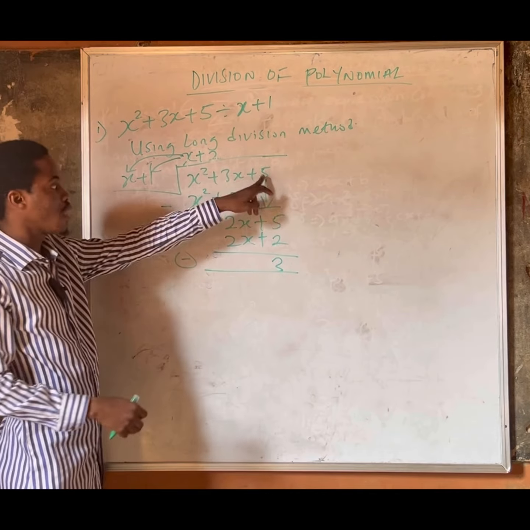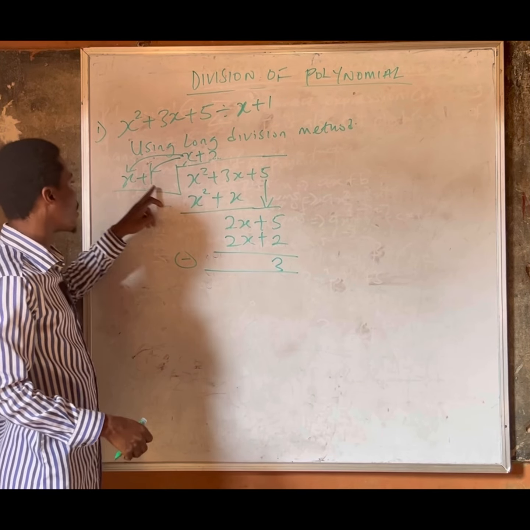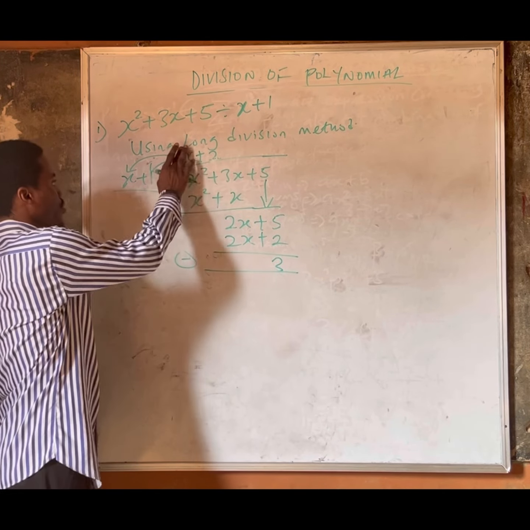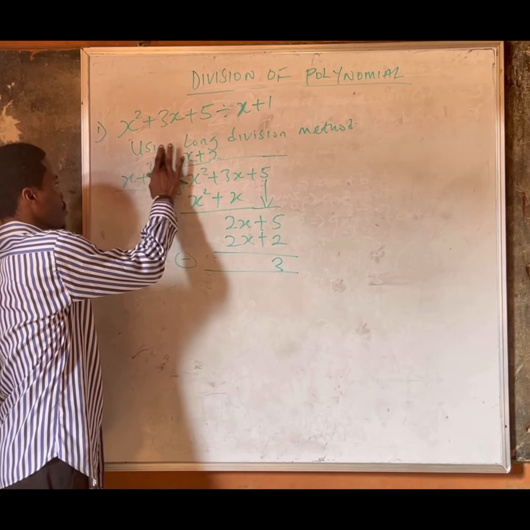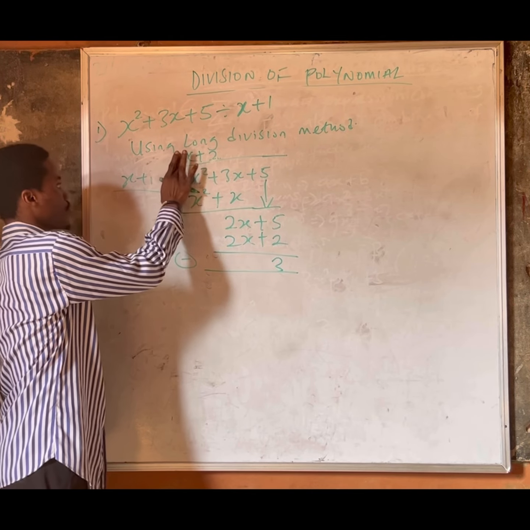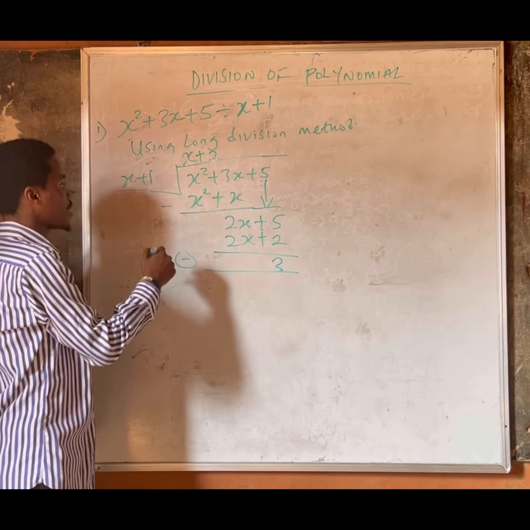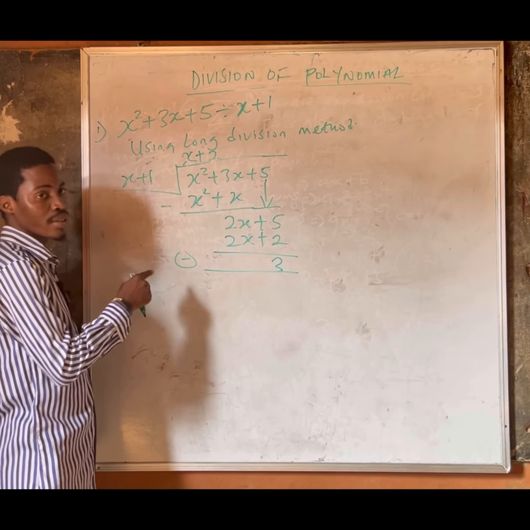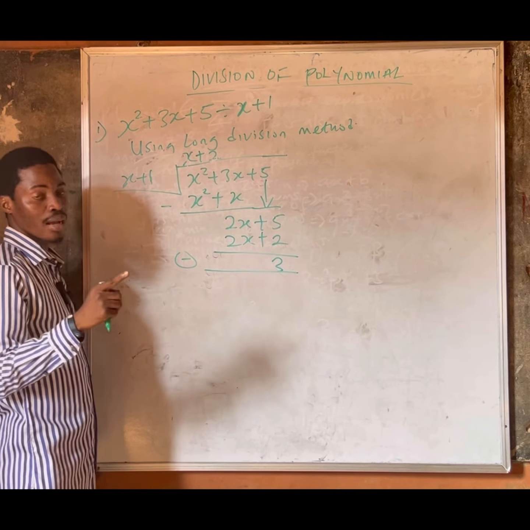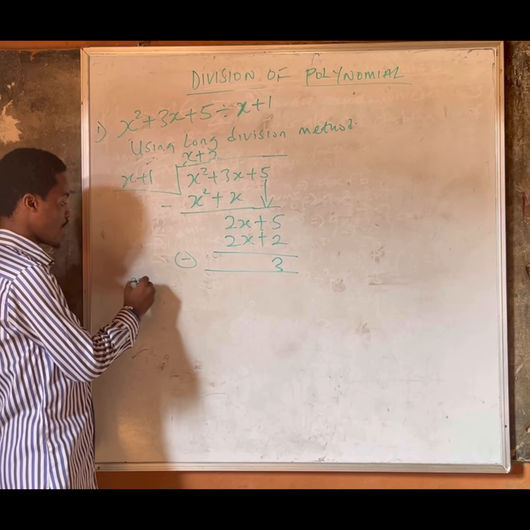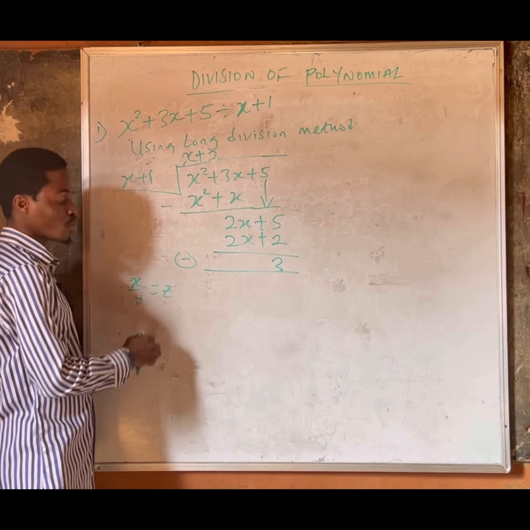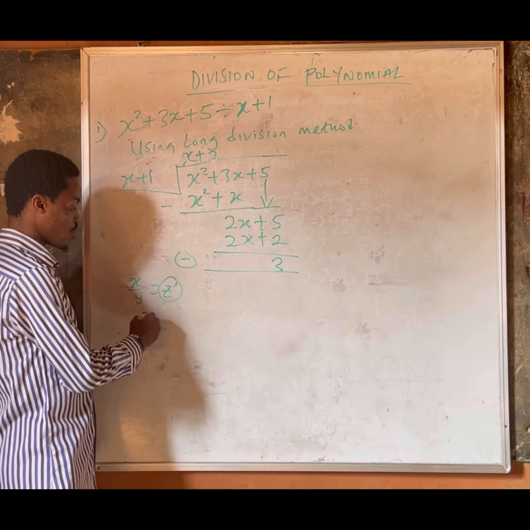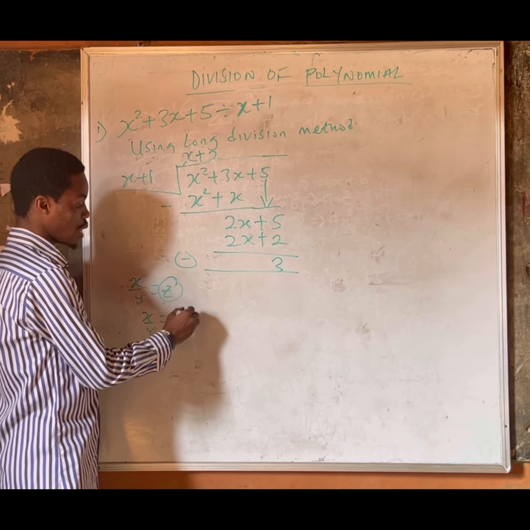And as I said, this is our what? Dividend, and this one is what? x plus 1, our divisor, and this is our quotient. So from here, since we have a remainder, I gave some condition that whenever x all over y is equal to z without remainder, we have our quotient only. But if we have x all over y equal to z and we have a remainder,